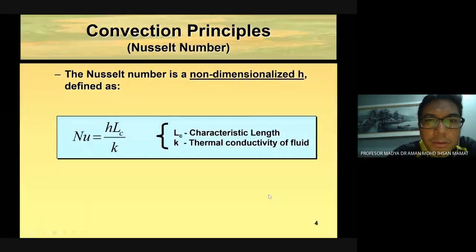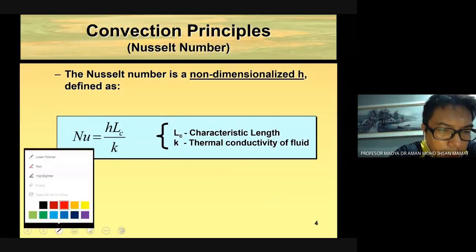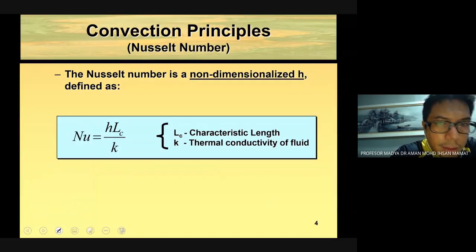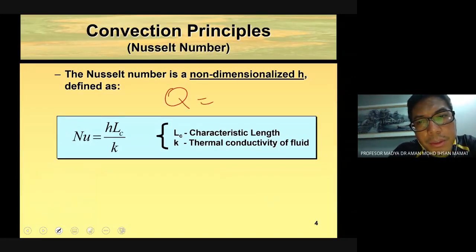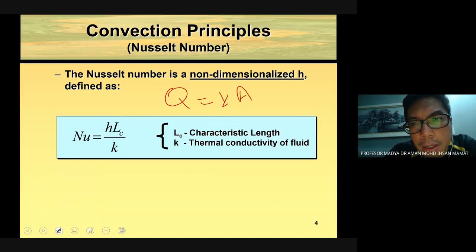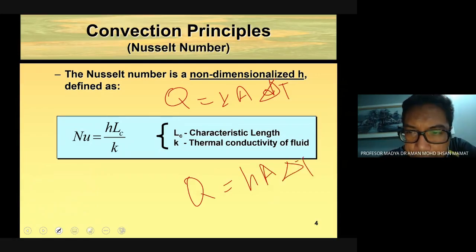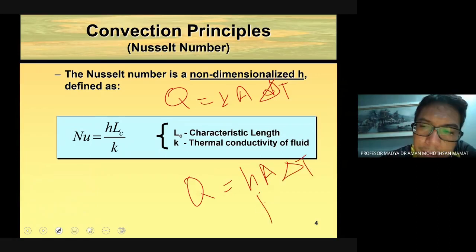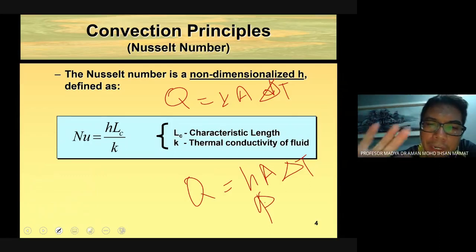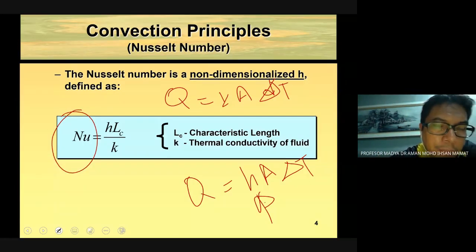Right. So for the heat conduction, Q is equal to kA dT, or delta T. Okay. So but for the convections, it is equal to hA delta T. Alright. So this you are going to develop based on the condition of the fluid, which depends on the